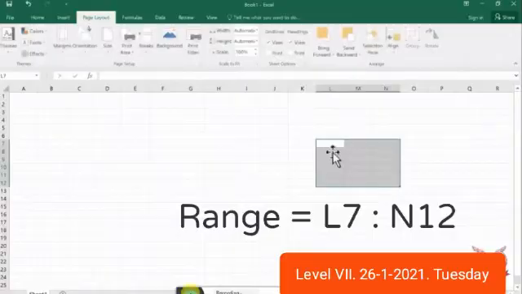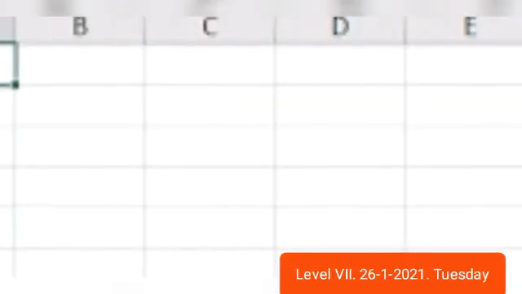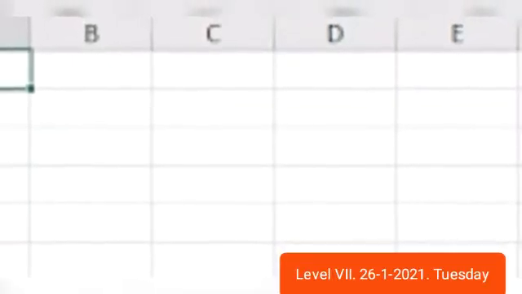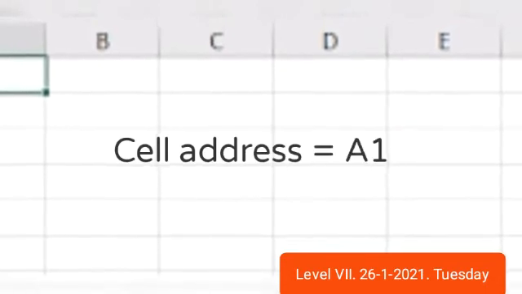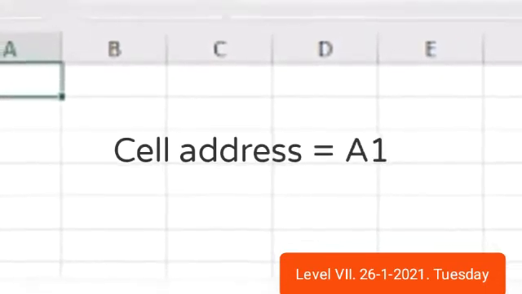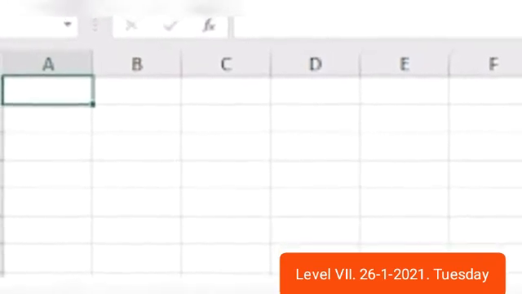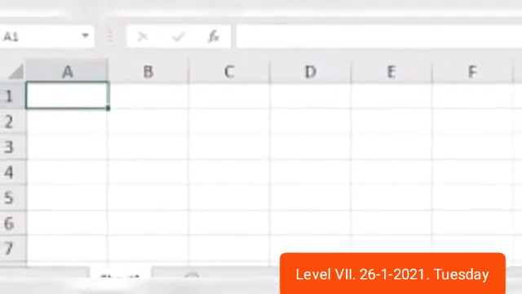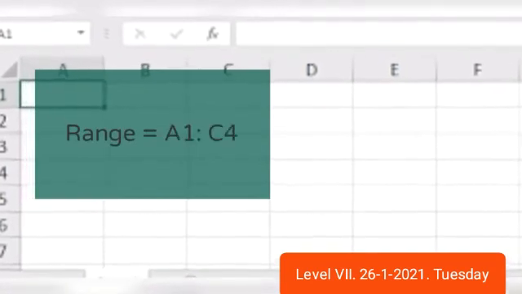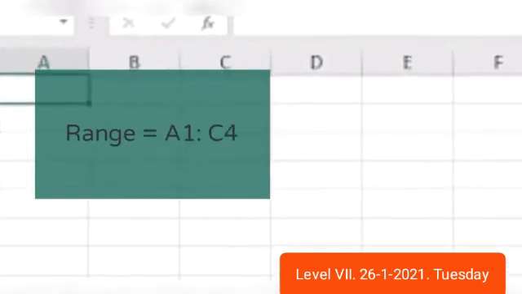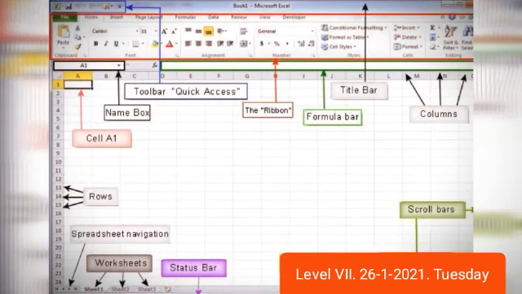Okay, in this video we revised columns, rows, cell address, and we have also told you about the range, and this is very necessary revision for you.